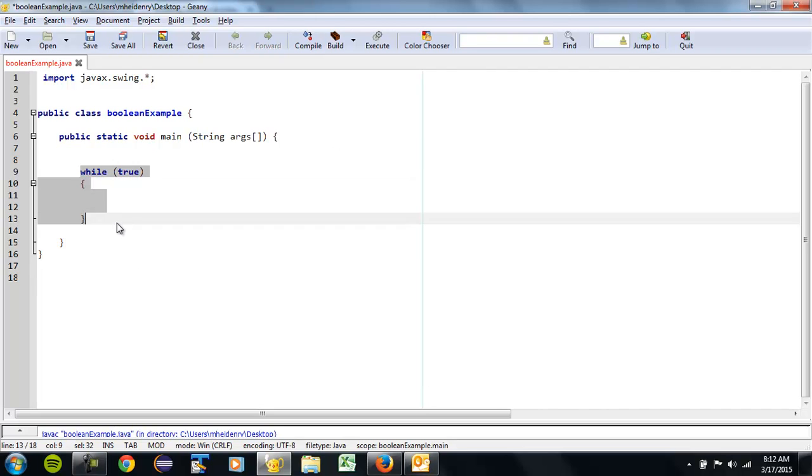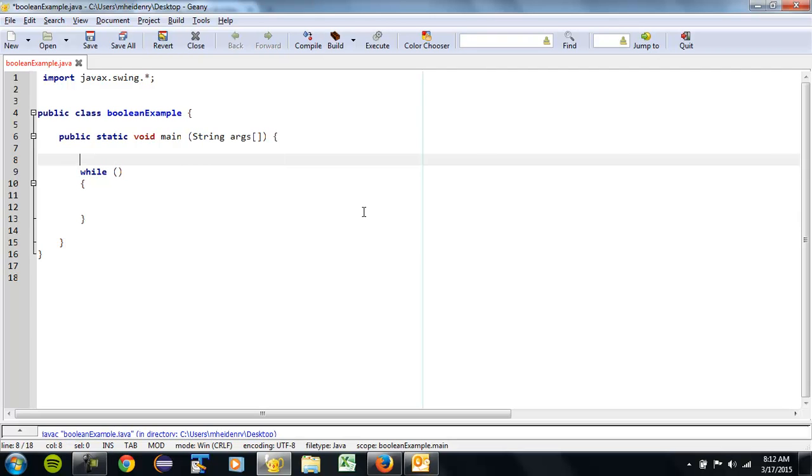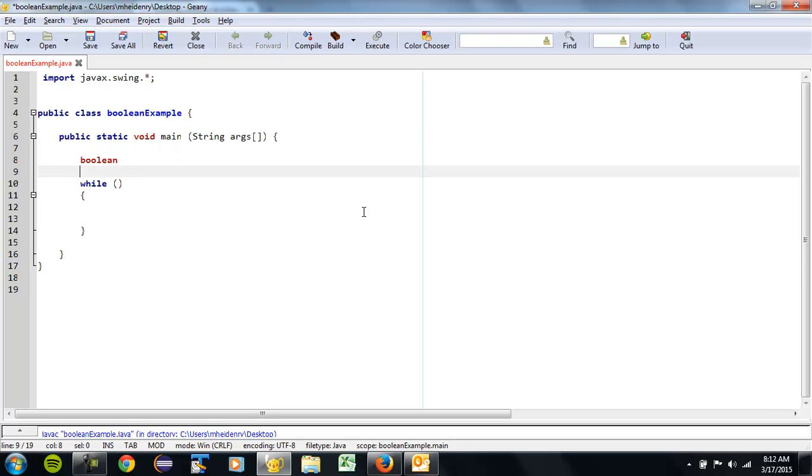You can always have an endless loop if you need it run this way while something is true, never setting it false. But with booleans we can get more specific. So we'll call this variable a boolean, and once again it's going to be true or false, or on or off, black and white, but for the actual syntax you use true. So our boolean example in this, we'll call it